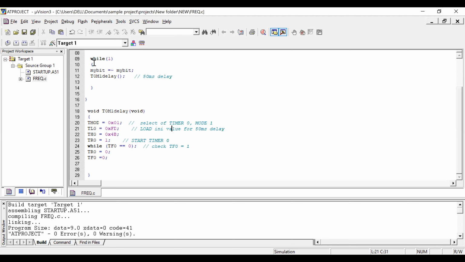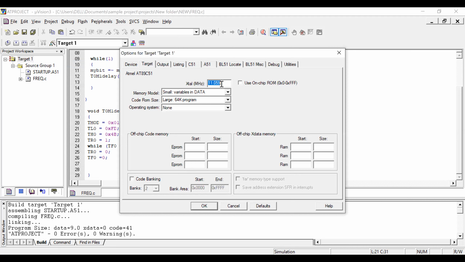So before executing, go to target and check what the frequency is. It should be 11.0592. Okay. This is your frequency. Always the frequency is provided to the 8051 controller, not the timer. That's why we are assuming this frequency.